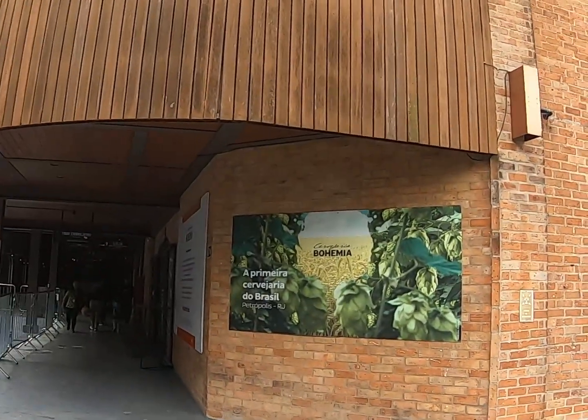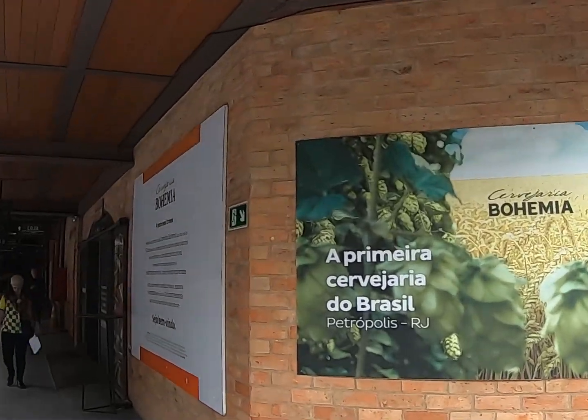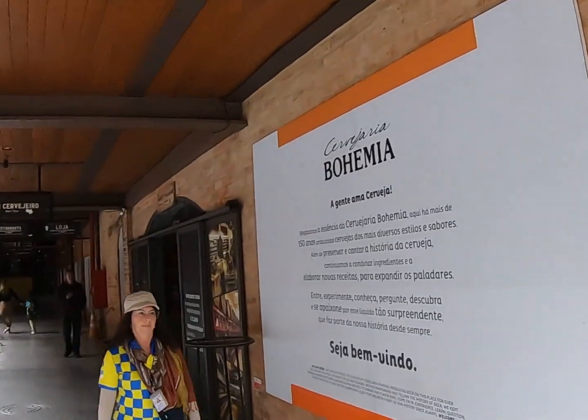So today we're taking the beer tour of one of Brazil's most famous breweries here in Petropolis. It's the Bohemia Brewery. Because of all the German immigrants who came,